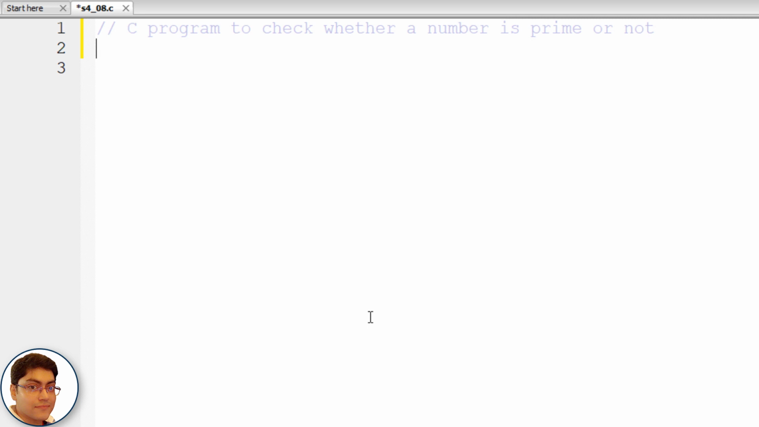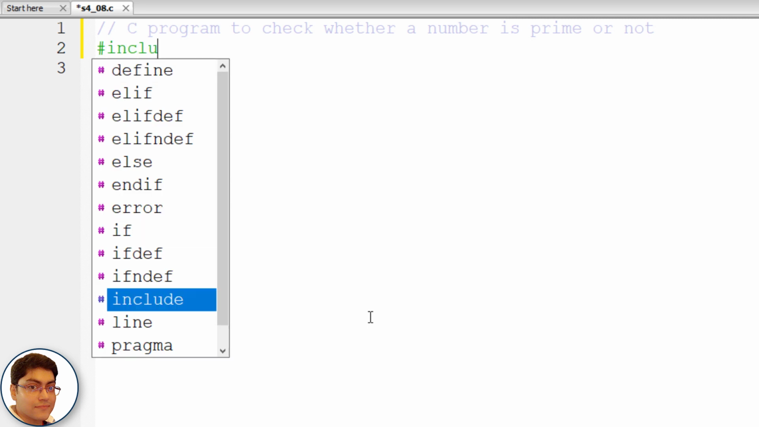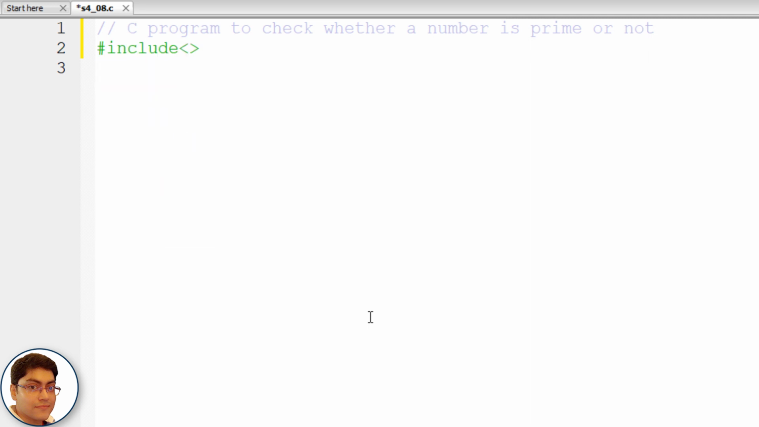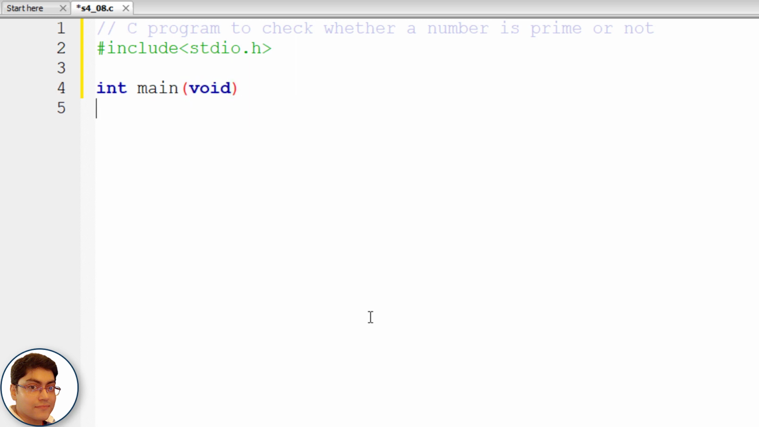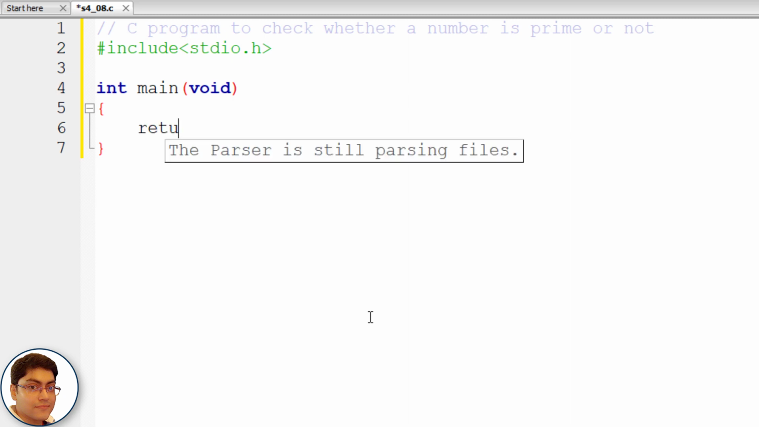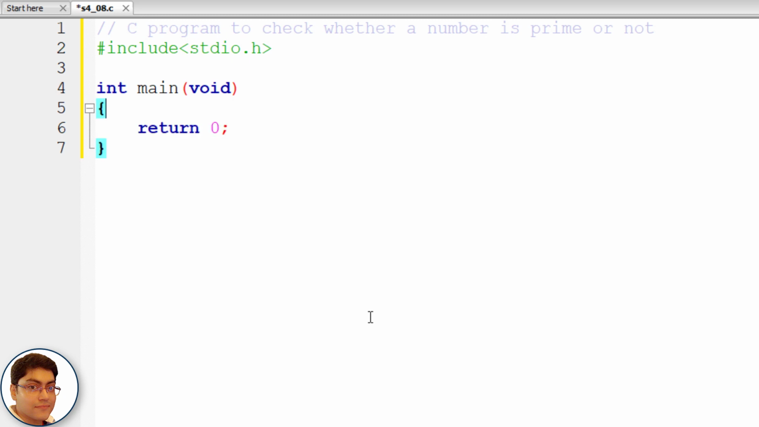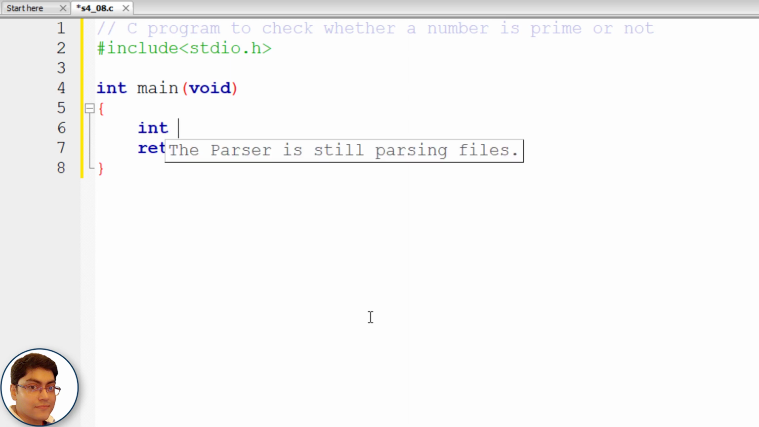Include the header file: #include <stdio.h>. Write the main function: int main(void) { return 0; }. Declare three integer variables: int n, i, flag = 0;